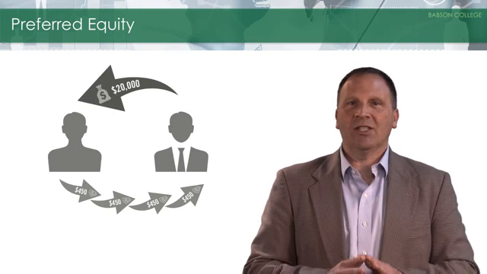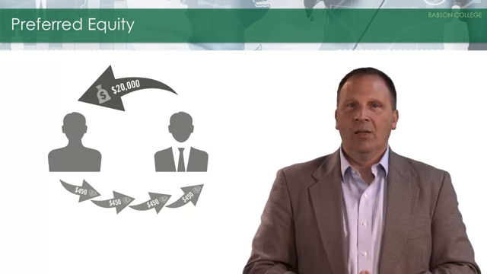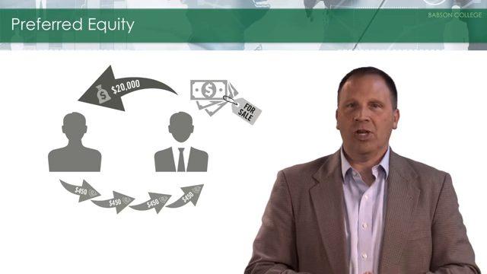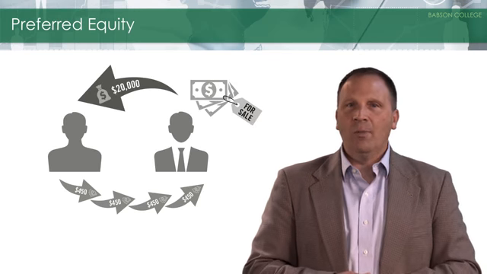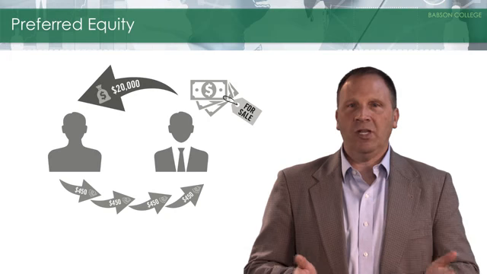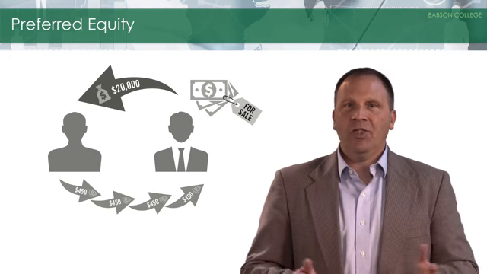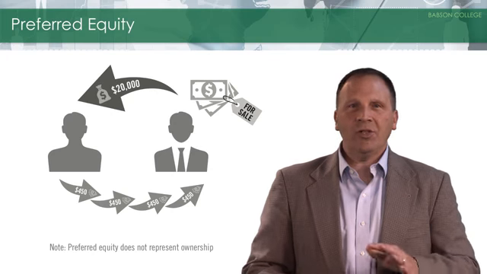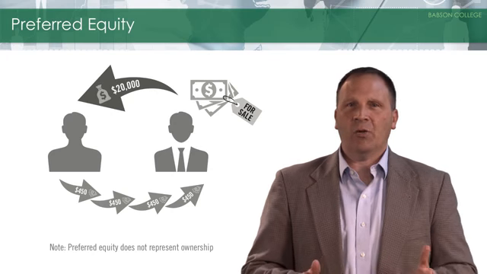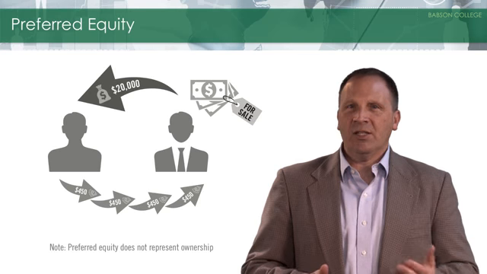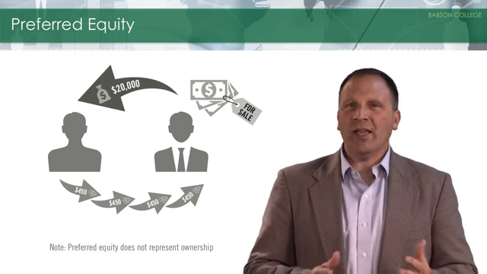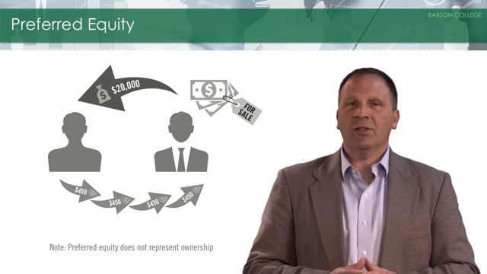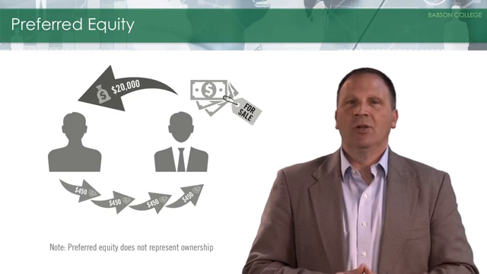The $20,000 does not have to be paid back, but instead the owner of this preferred equity can sell their preferred shares to someone else who may want a cash payment of $450 every 3 months. Note that preferred equity does not represent ownership in the business, so you're not diluting ownership by granting preferred equity to someone. But since it doesn't need to be paid back, it feels like equity. The $450 payments need to be made every 3 months, so it feels a little like debt too.